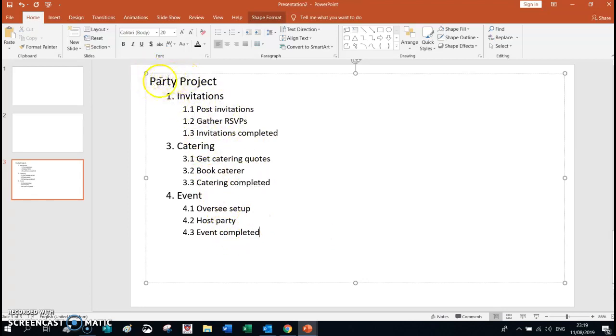Please note that the heading is separate. I then have my 3 deliverables with my various tasks underneath it. I have entered the milestones, invitations completed, catering completed, and event completing, just because it'll help you when you're drawing up other documents for your assignment. Okay, so once you've done the list and you've indented it, you're going to move up to where